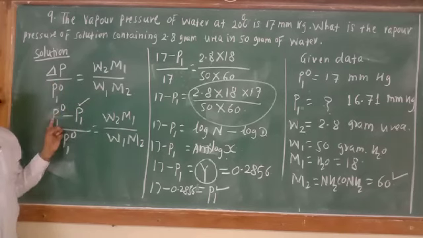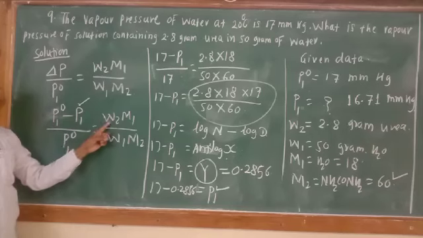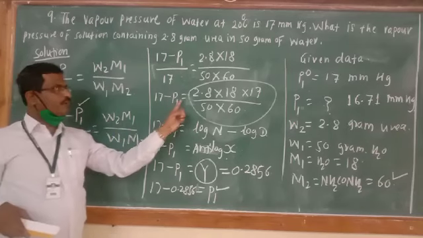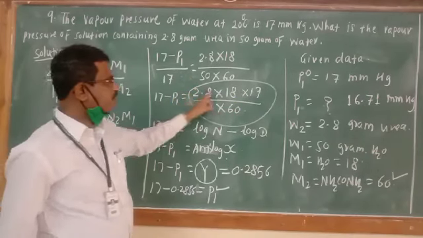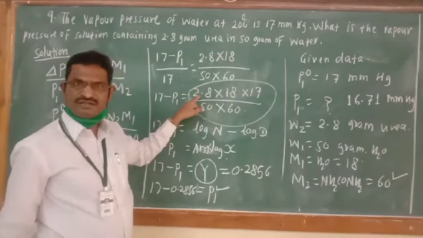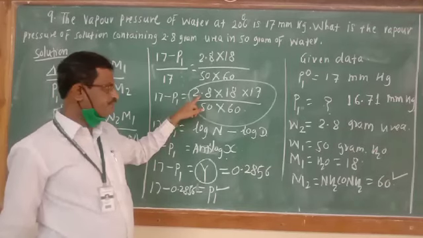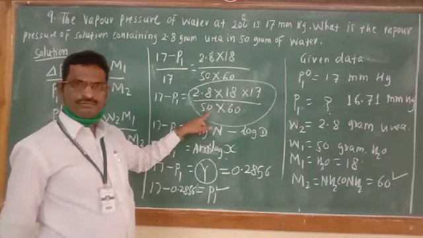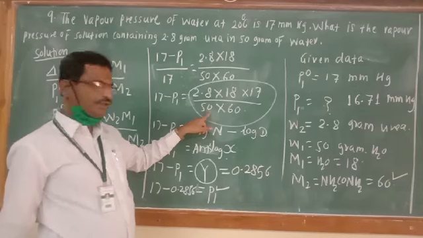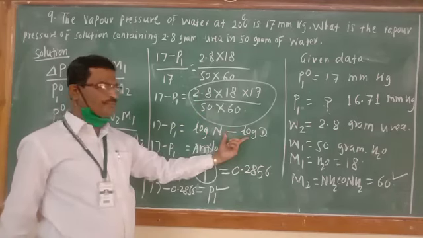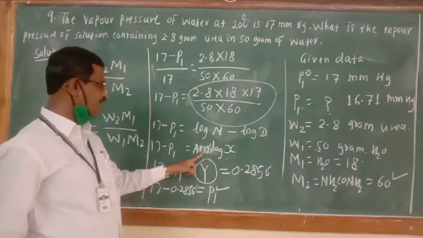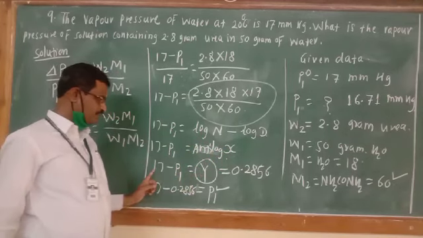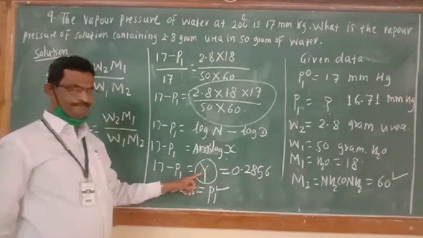Delta P is nothing but P10 minus P1. So this P1 we can calculate by substituting all the values. Important point over here, after substitution, is the calculation. Let's see the log of numerator, all these three terms, add them. Then see the log of denominator, two terms, add them. Log of numerator minus log of denominator. If that is x, see the antilog of that x. And if that is y, 17 minus P1 is equal to y.